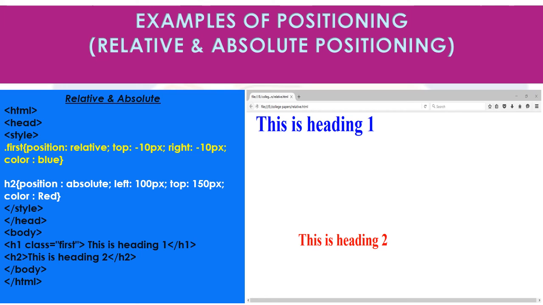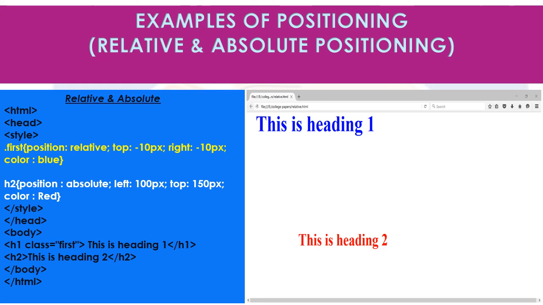It is at the top of your web page and also tending towards the right, minus 10 pixels. That is, from the right side it is moved minus 10 pixels and from the top it is moved minus 10 pixels.